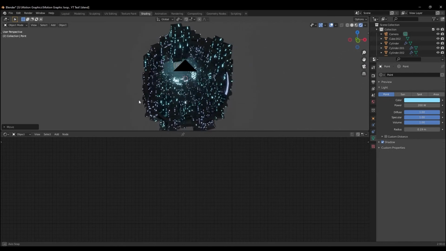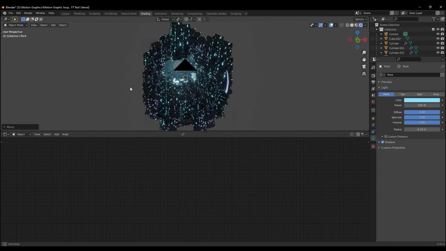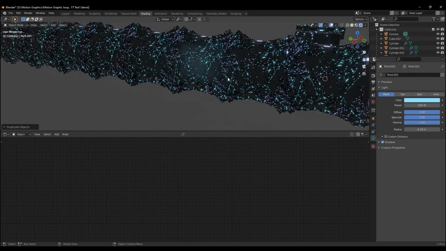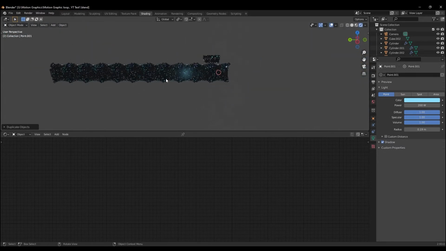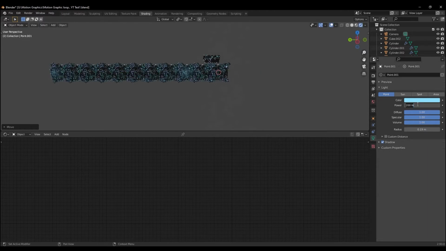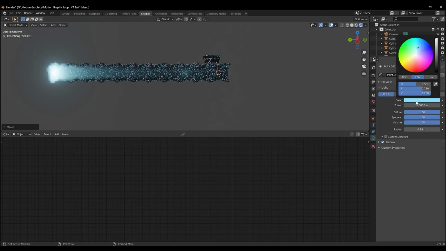Now we'll add another light, but we'll add it somewhere towards the end, right? So let's duplicate this light first and move it behind. Now this light needs to be really bright, so just go overboard, and we'll change it to somewhat this